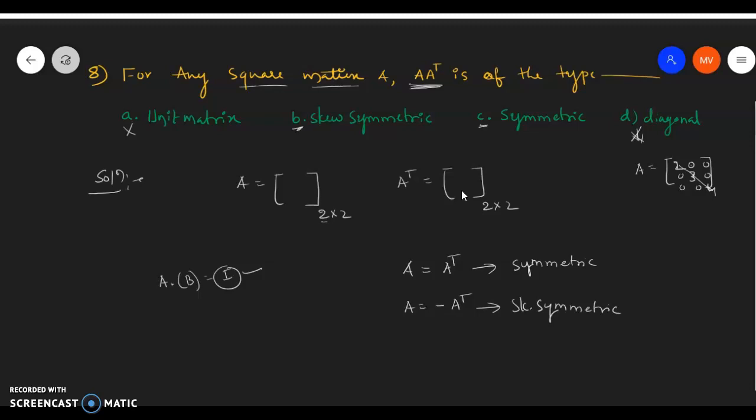So now I will take A and A transpose as a D matrix. D is equal to A into A transpose. Let us take its transpose. D transpose is equal to A into A transpose, whole transpose. By property, AB whole transpose will be B transpose and A transpose. So according to this, this will be A transpose of transpose and A transpose. A transpose of transpose becomes A. Again it is A transpose. So now I got the value